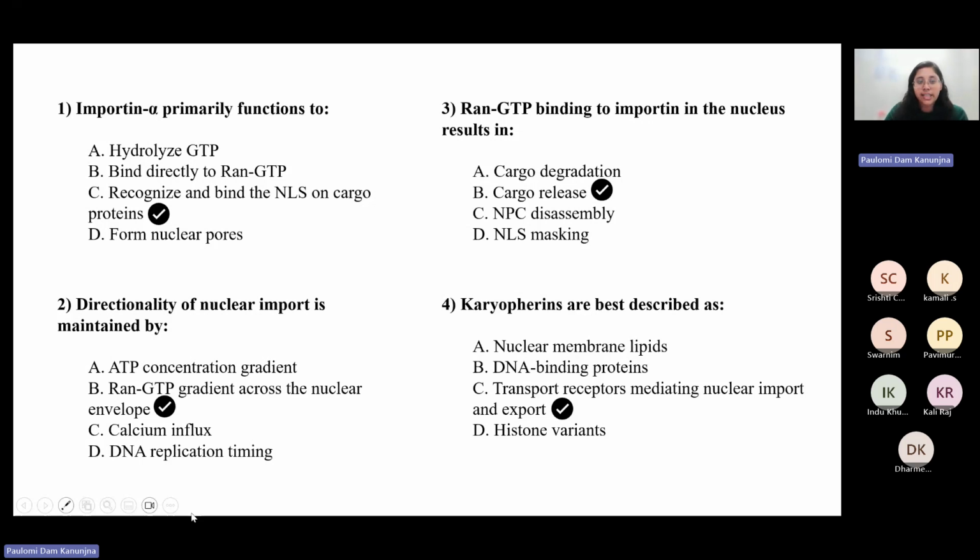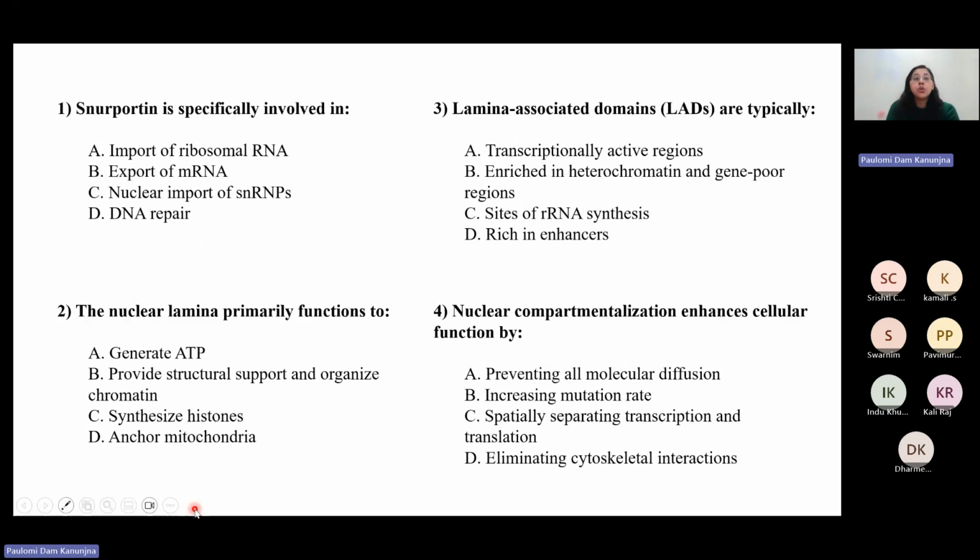Okay, and the next set of this part. SNR protein. Now you will have these very, very specific protein names. So the more you try to answer, the more you try to associate with, which is again very simple. So you will get to it, right? So the first one is: SNR protein is specifically involved in which of these